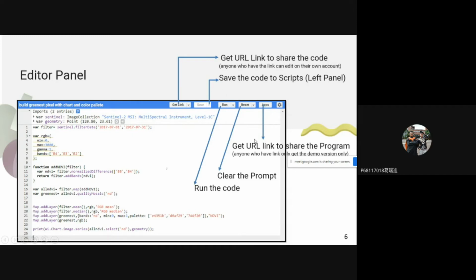The difference is, if you use get link here, anyone who has the link can edit on their own account, so you share full access to your code. But if you get the link through this button, anyone who has the link only gets the demo version, so no one can edit your code.